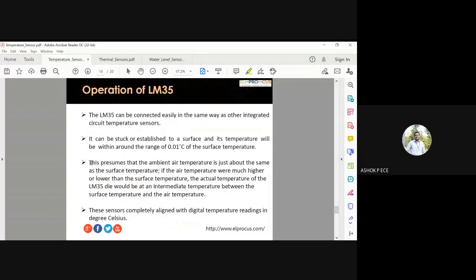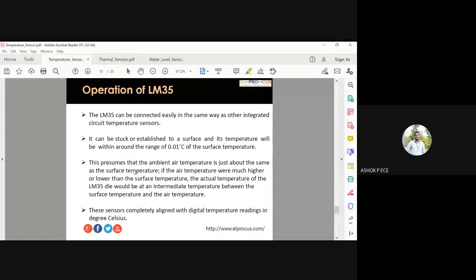It assumes the air temperature is the surface temperature. The surface temperature will be considered to be the air temperature. Air temperature is going to be the room temperature. So the actual difference in temperature between the surface and air will be measured. The surface temperature will be the surface of the IC, and the air temperature is just above the IC. If both are the same, then the surface temperature will be the IC temperature, which is the normal temperature. When the air temperature rises from normal, it can detect the temperature change.